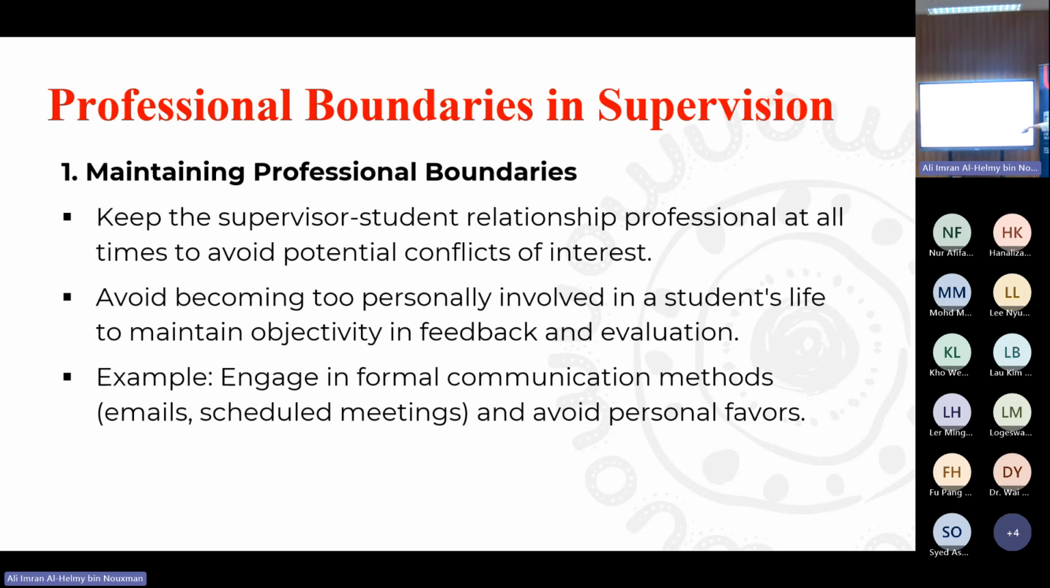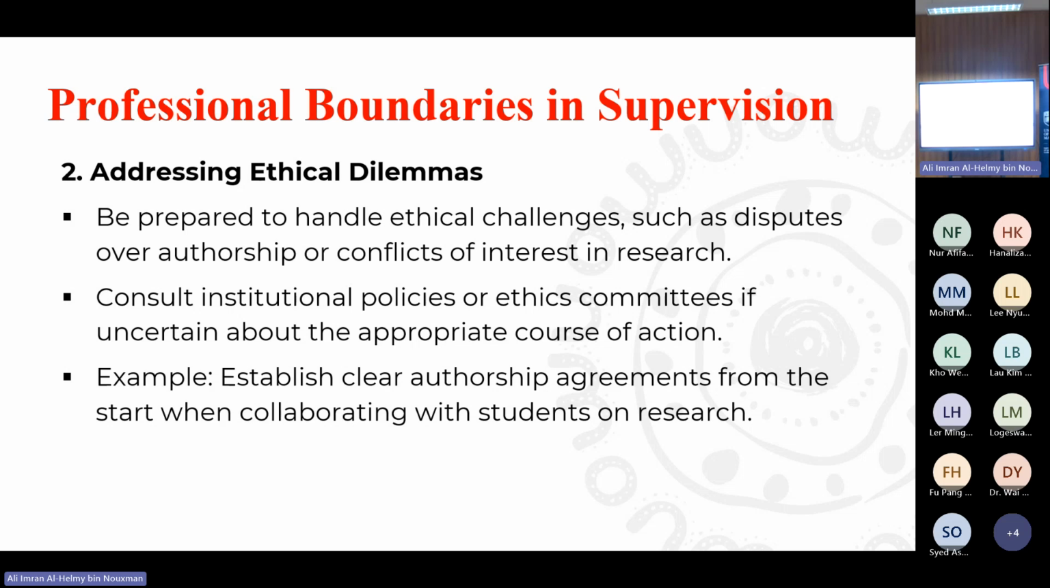So again, whatever communication you want to do, be fair to everyone. If you want to communicate via WhatsApp, then allow everyone to have the same. Now, the next one is to address an ethical dilemma. Why I say so is because, like I raised just now,